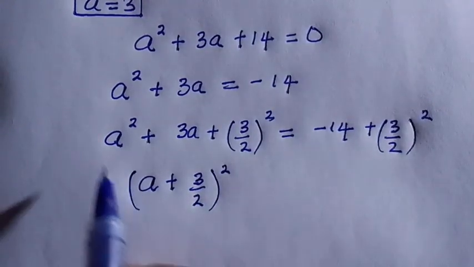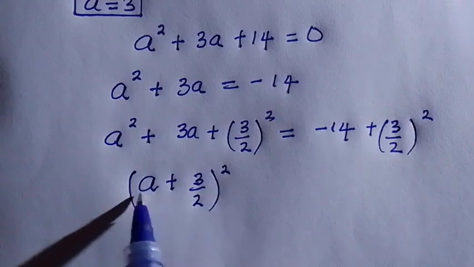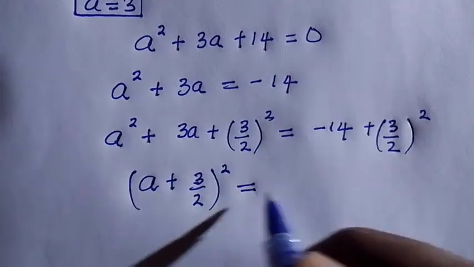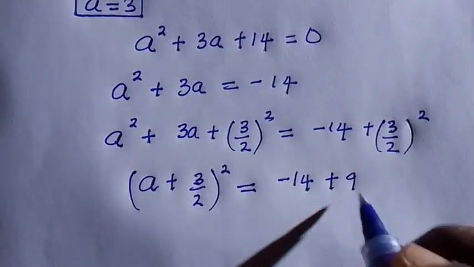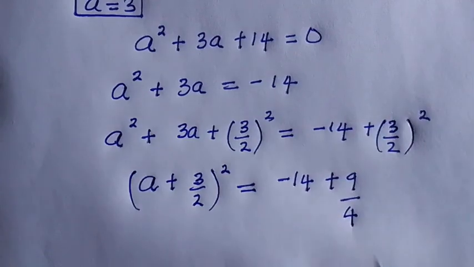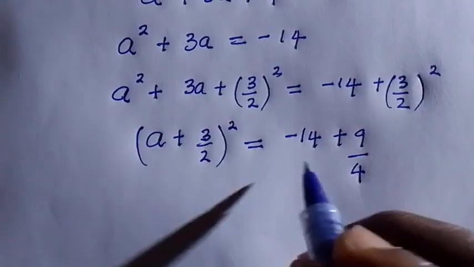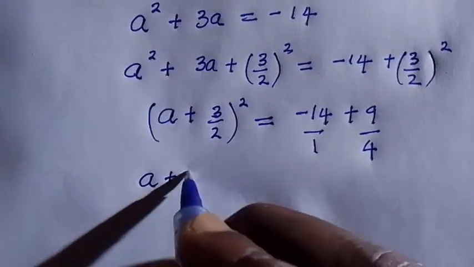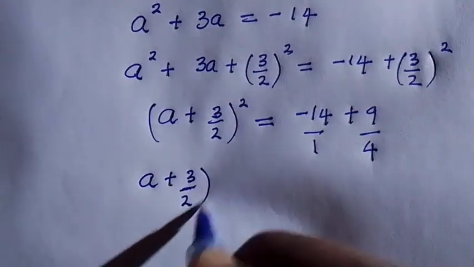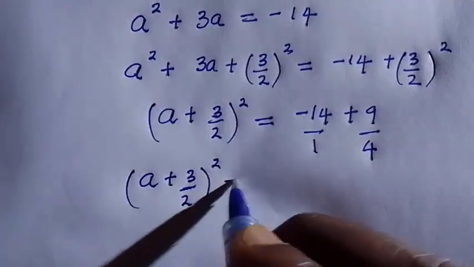So here is what we get. The whole of this thing that has been compressed equals minus 14 plus 3 squared, which gives us 9, divided by 2 squared, that is 4. As we are progressing, we divide this one by 1 and we write this as it is, which is a plus 3 divided by 2, all raised to the power of 2